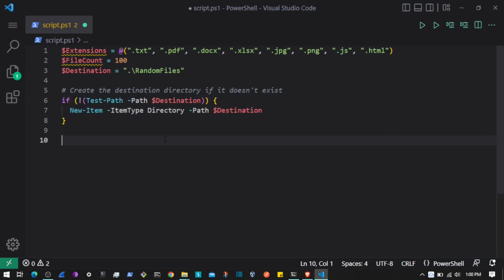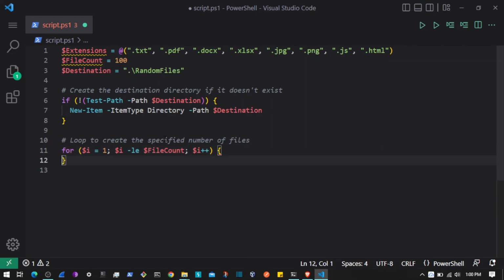And the next thing is to loop through the files. The way we do that is to use a for loop, and this will be looping from 1 up to 100, and each time it is executed we will create a file name,